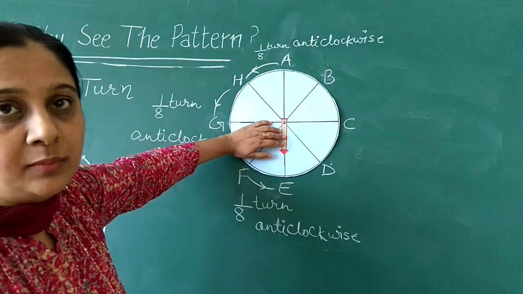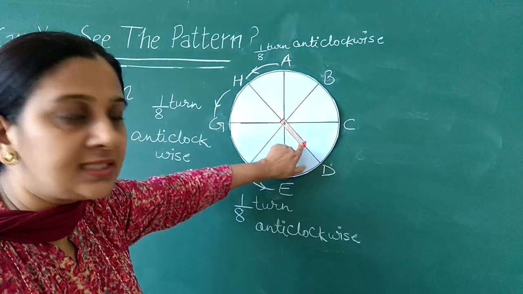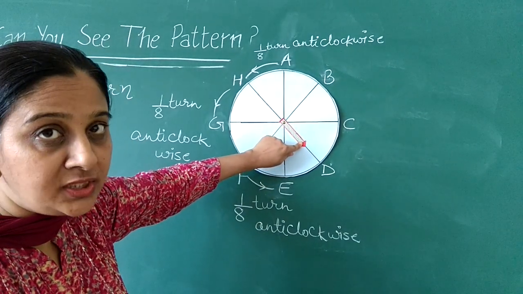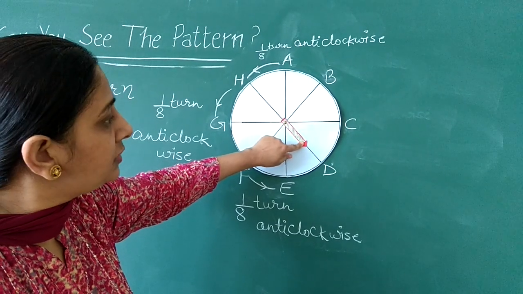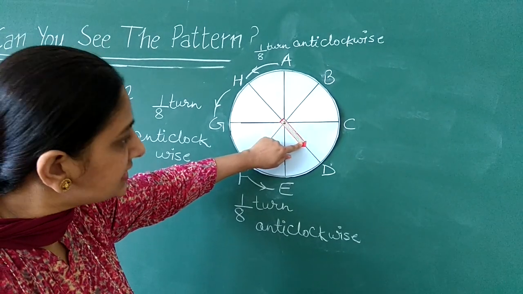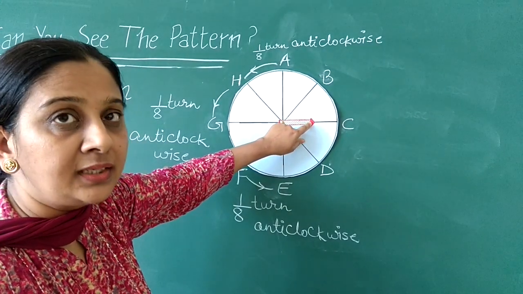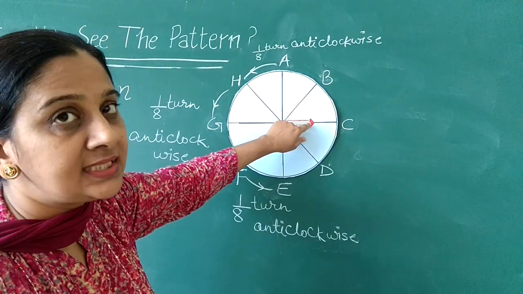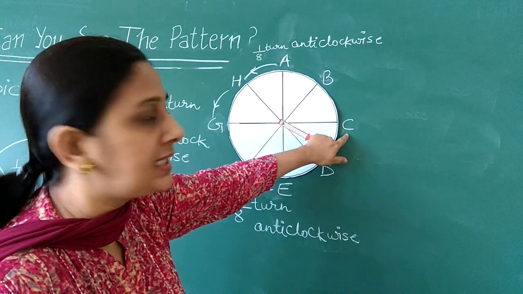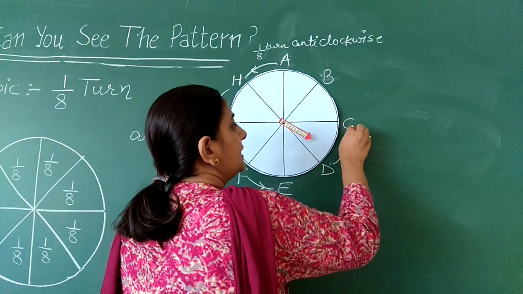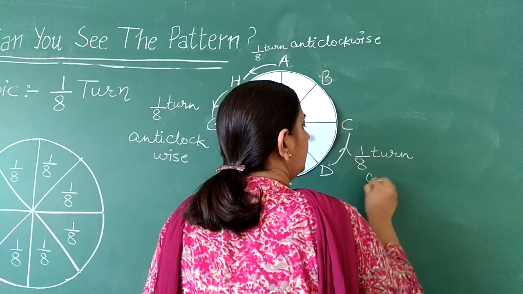Now once again, I am changing the position of this pointer and now it is pointing towards letter D. Let us consider this is the original position of the pointer. After taking 1/8 turn in anti-clockwise direction, it will be pointing towards which point? It will start from here and it will cover 1/8 part of the circle, and now it is pointing towards letter C. So the changing position of this pointer from letter D to letter C, we will call it 1/8 turn in